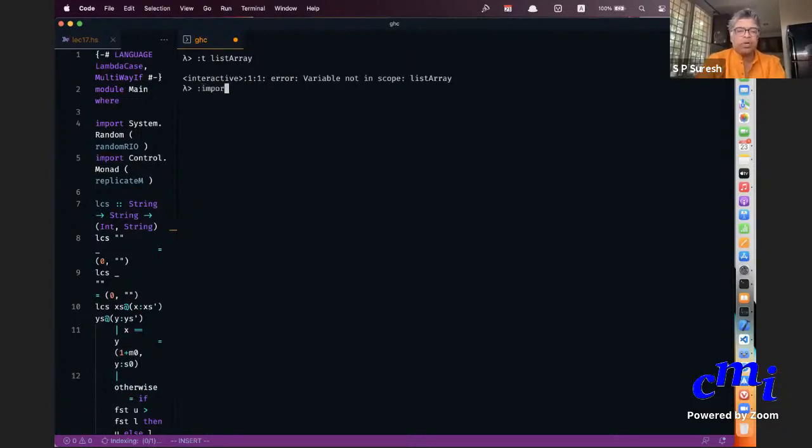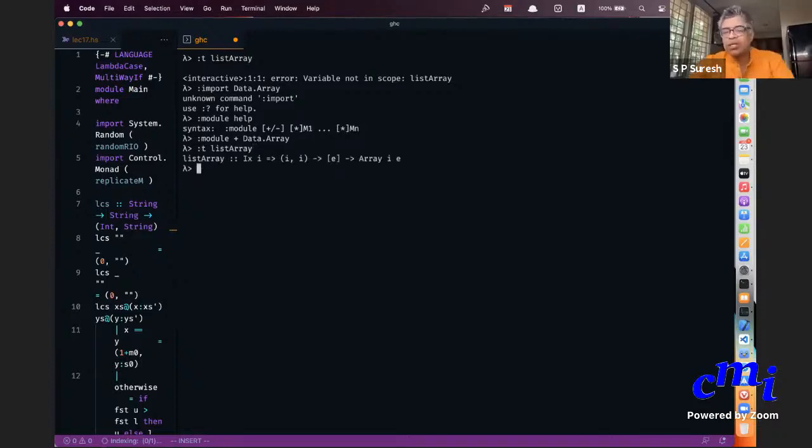So I just say import Data.Array. Now I can again check the type of listArray.